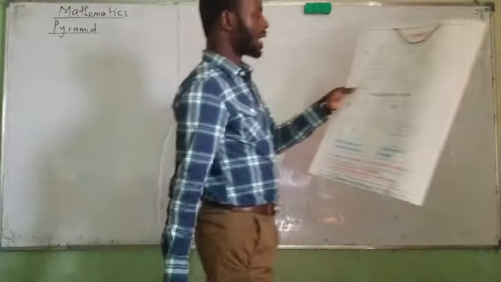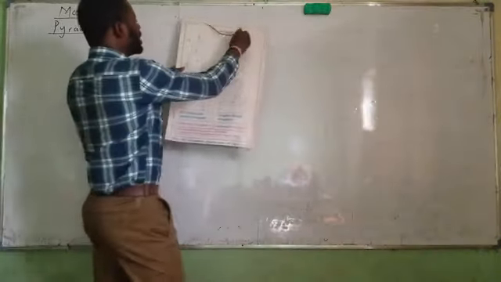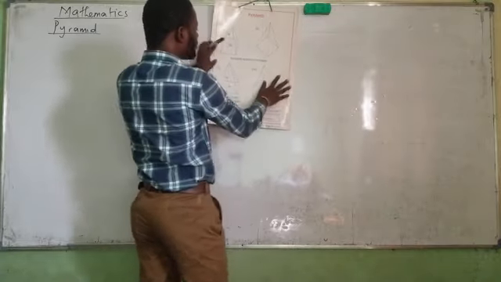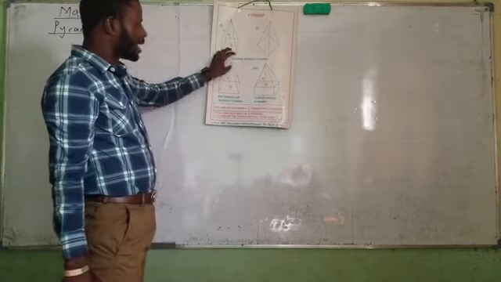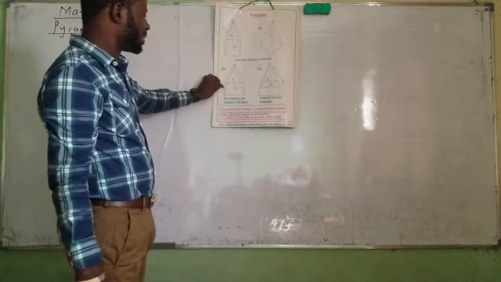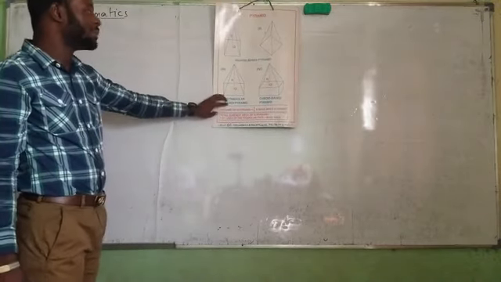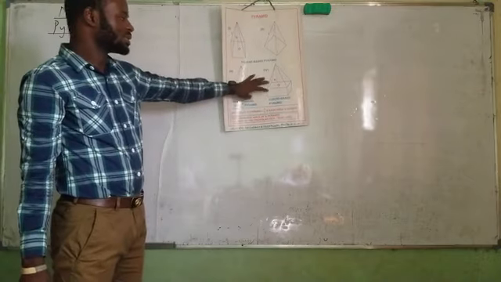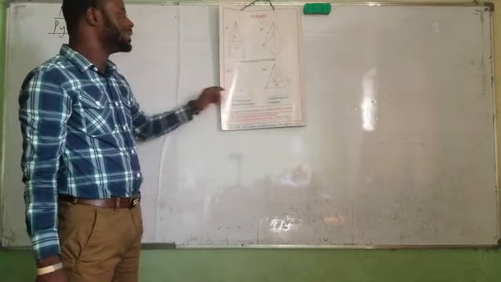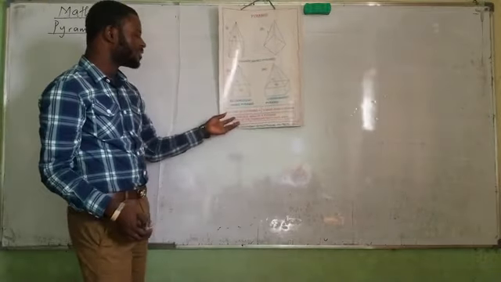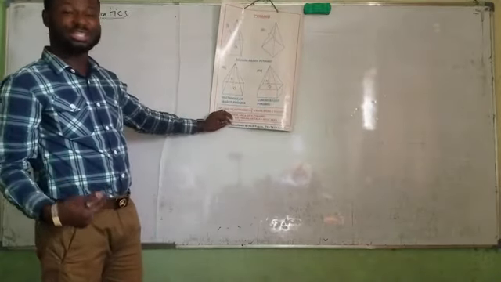Okay, this is called a pyramid. This is a very good example of a pyramid. This is a square base pyramid. Can you see? Square base pyramid. This is a rectangular base pyramid, and this is a cuboid base pyramid. Now, because it's a solid shape, we have a volume of a pyramid,